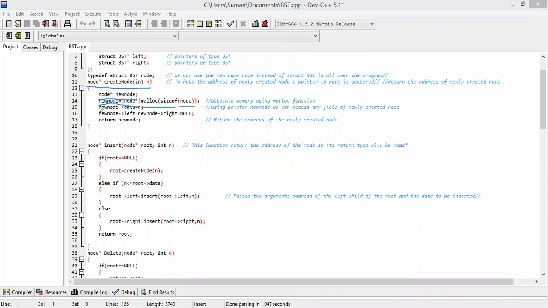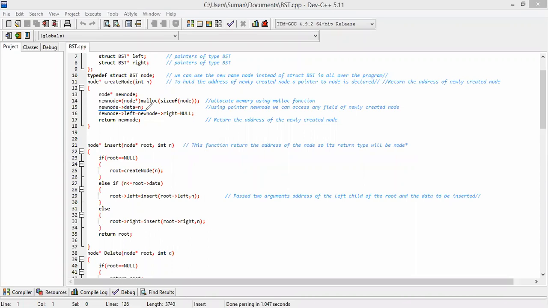And after that, you see new node data equal to n. It means that in the newly created node, the n value will be added to the data field. So using the pointer new node, we can access any field of the newly created node. So how can it be performed? It can be done with new node data equal to n.